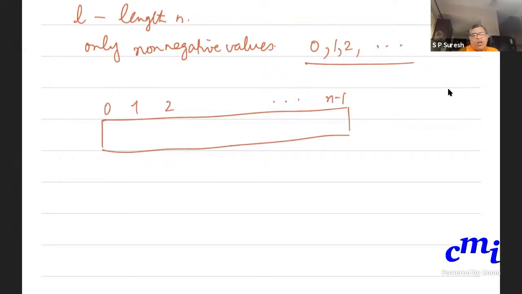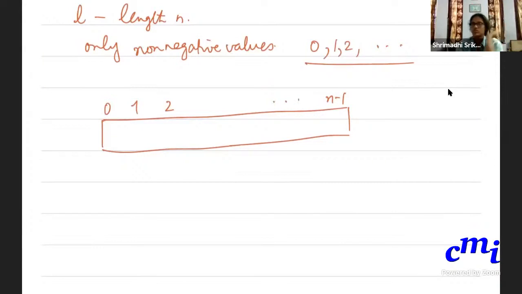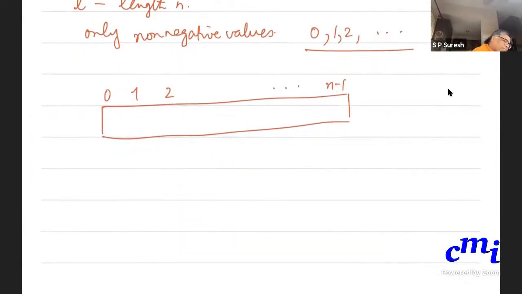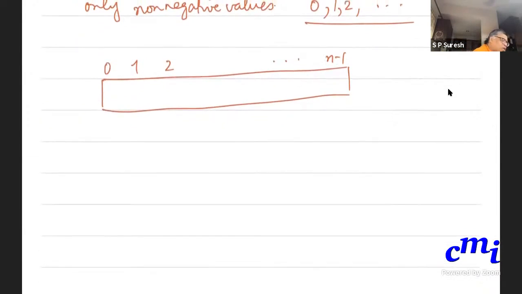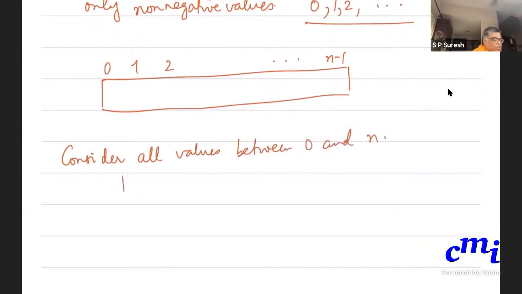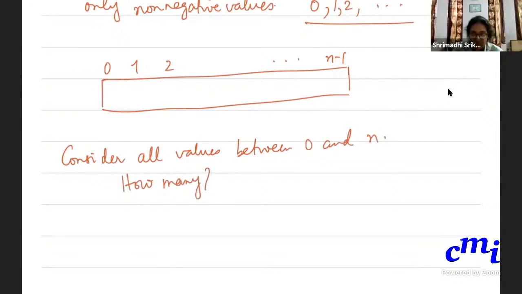And the values are all non-negative. Okay, so consider all values between 0 and n. How many are there, Srimati? So n plus 1.